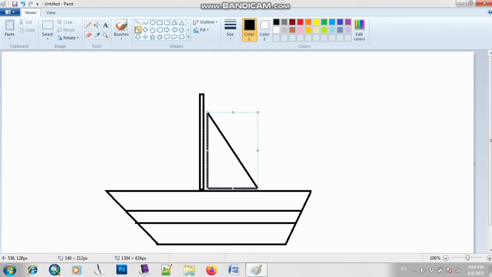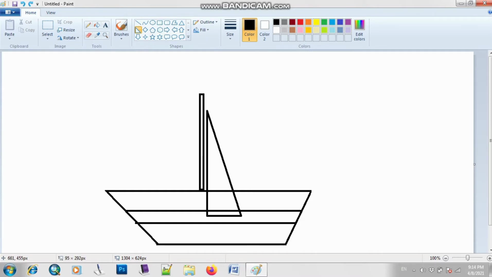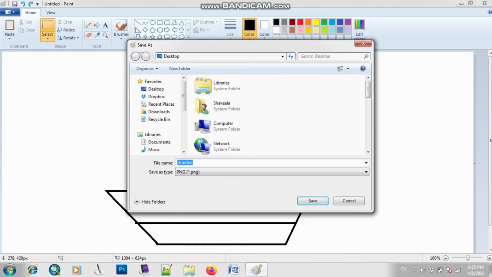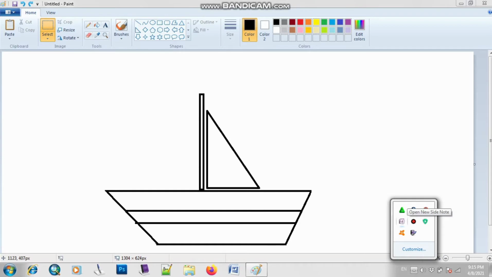So again, okay, let me choose one more time. Okay, so now I need one more triangle at the left of this boat.